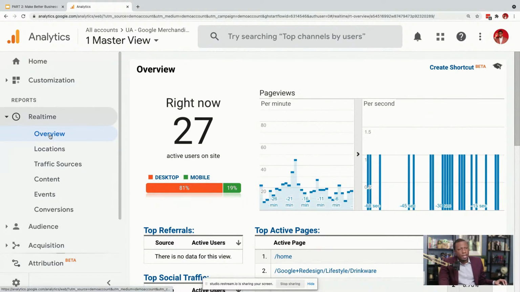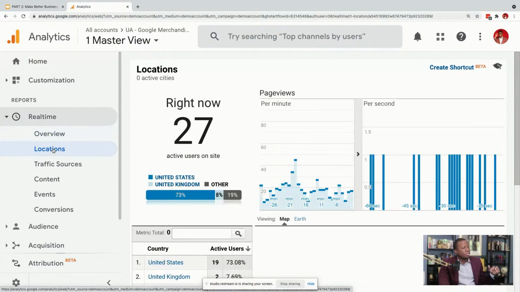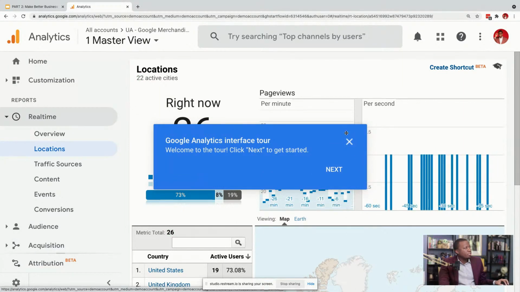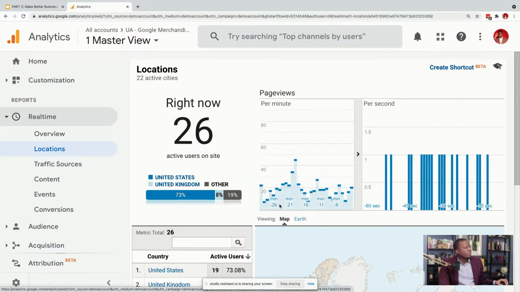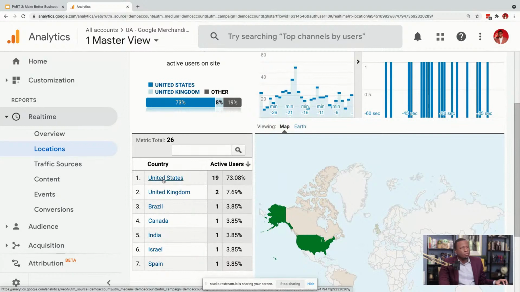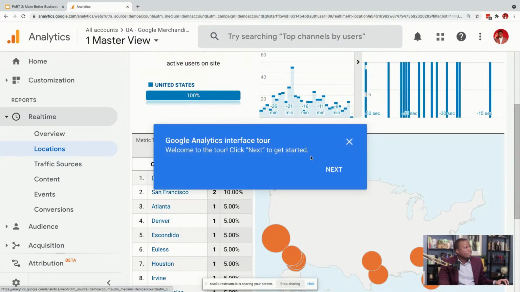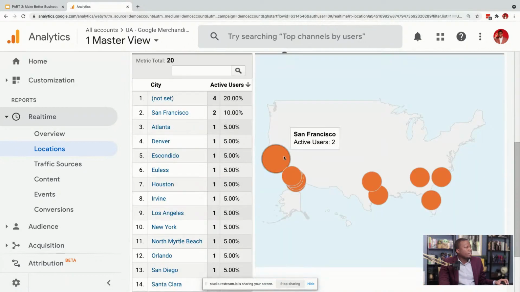Under that, there's some more tabs. I'll scroll through real quickly. One is, like I said, the location. Knowing where your customers are located is so key. So you can see what country they're coming from. You can even click on country. You can see state, and it'll tell you what state they're logging in from.